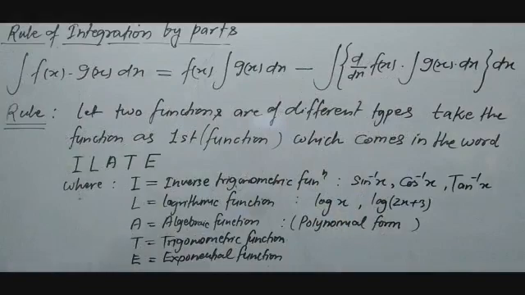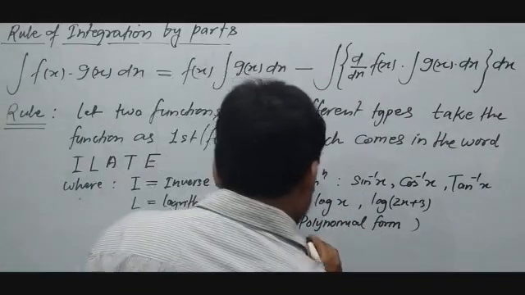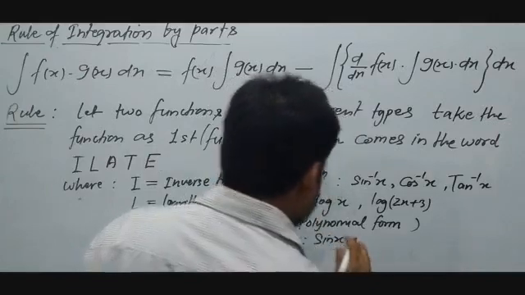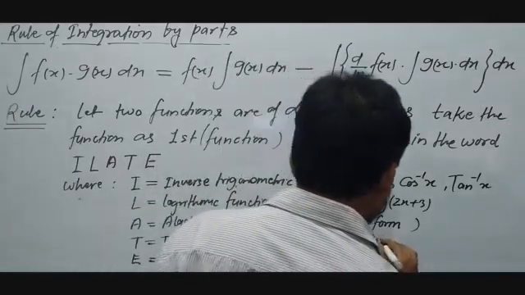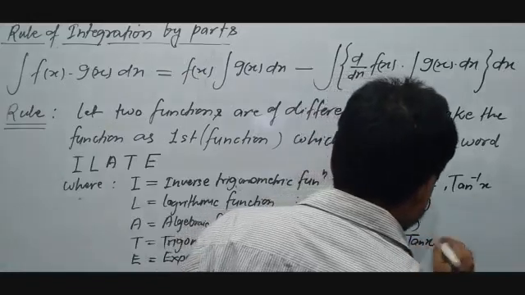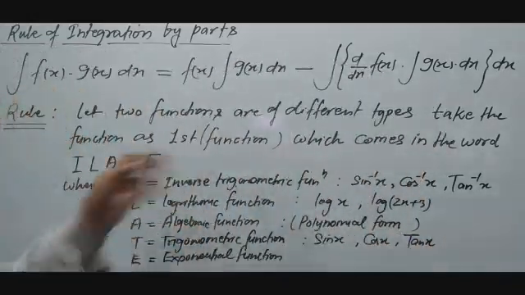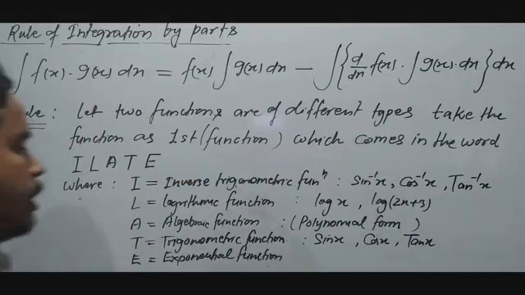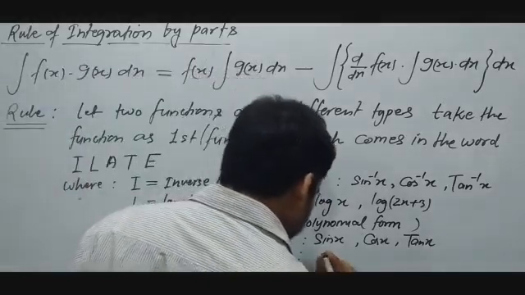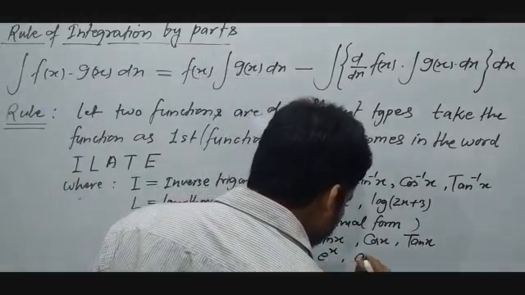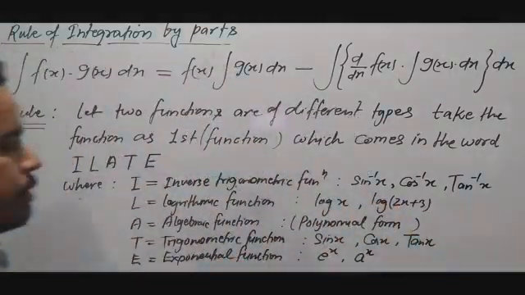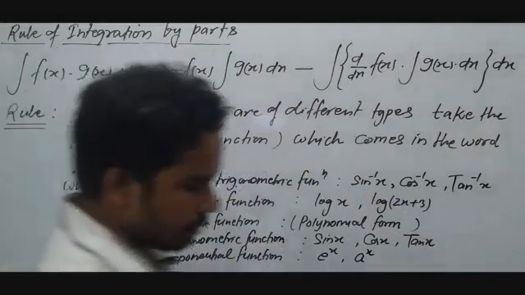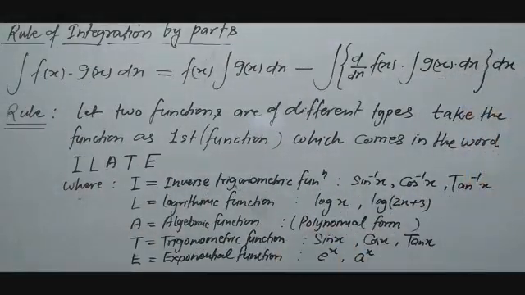And trigonometric function, you can suppose sin x, cos x, tan x, cosec, sec, cot, etc. And in exponential, that is e to the power x and a to the power x format. This is the exponential. So this is the type of function